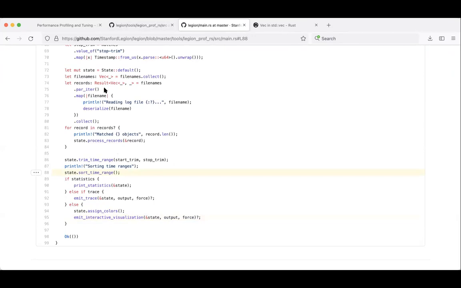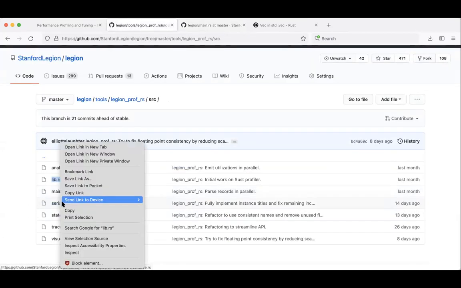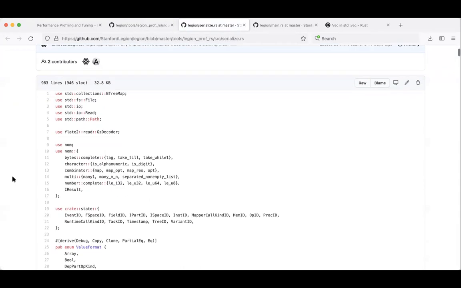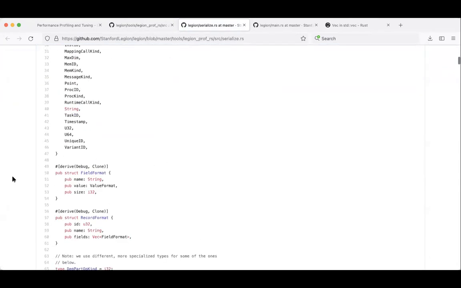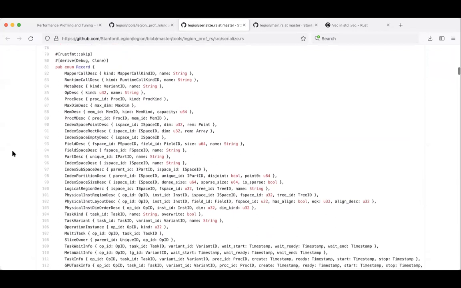Okay. So I'm going to jump over. Let's look at the serializer first. Those of you who know the Legion profiling format know that it basically spits out these